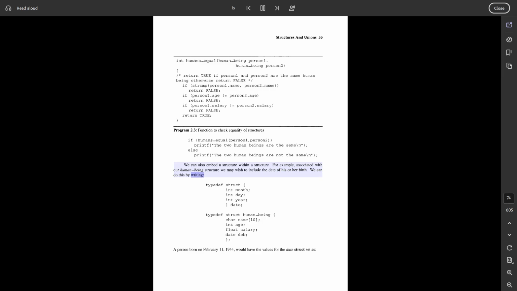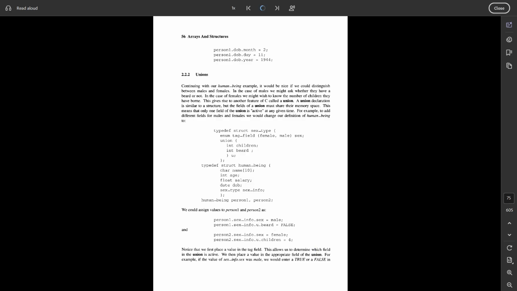We can do this by writing typedef struct { int month; int day; int year; } date; typedef struct human_being { char name[10]; int age; float salary; date dob; }; A person born on February 11th, 1944, would have the values for the date struct set as person1.dob.month = 2; person1.dob.day = 11; person1.dob.year = 1944;